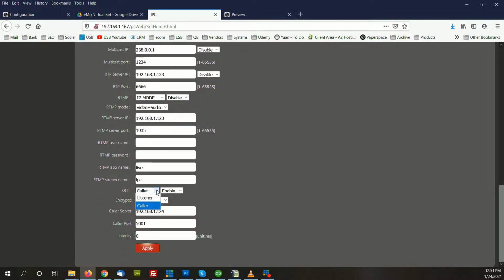So what I've done here is I've set this up as a caller. This is ideal for sending it out into the field because it's calling back to your studio. And at your studio, you have the port forwarding done. And this IP address would be the IP address of your studio. And then this would be the port that you're forwarding from your router to your vMix system or to your SRT decoder. So we'll take these two pieces of information, really just this one in this case,